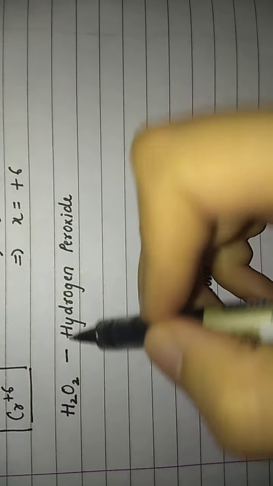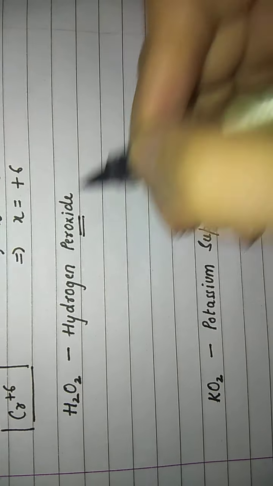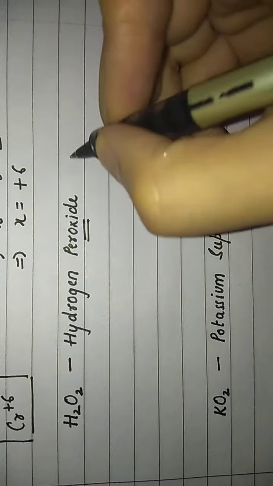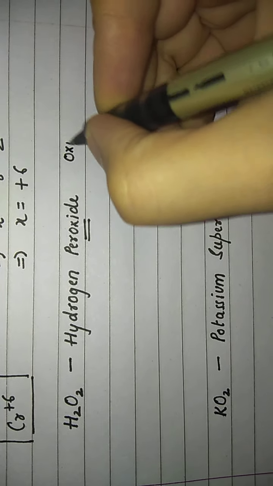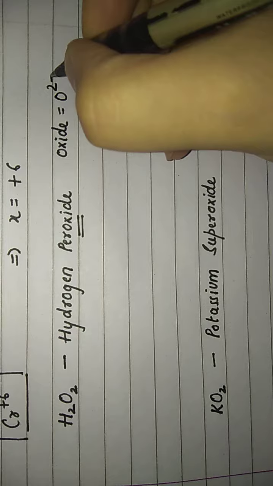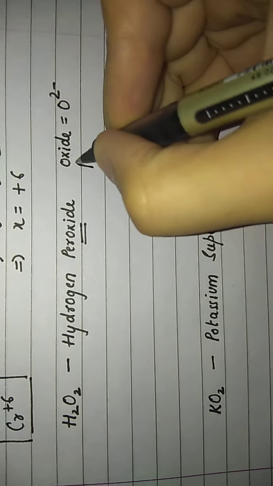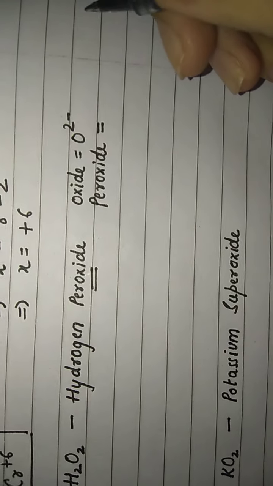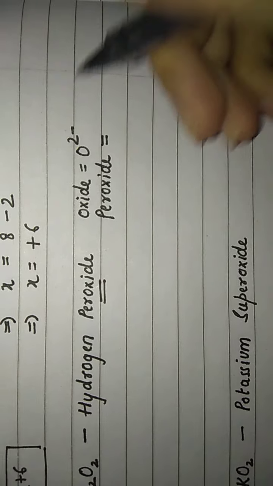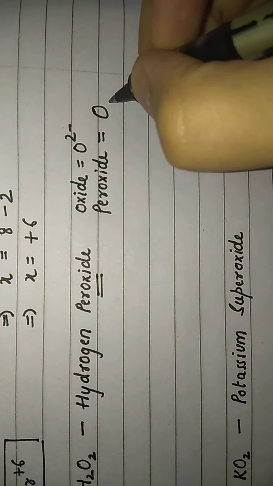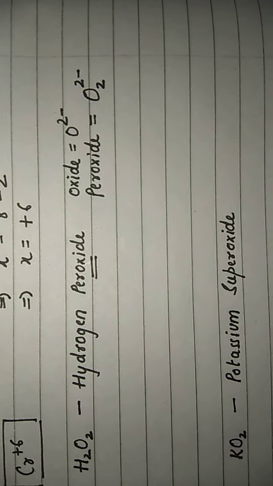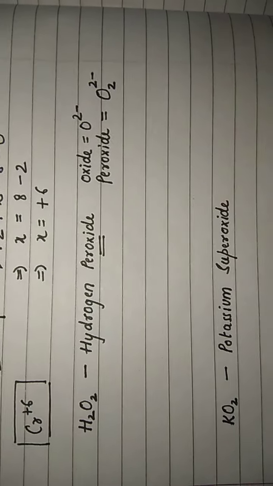The next example that we have is hydrogen peroxide. Till now we have been discussing the oxide ion. Now this is not the oxide ion present in this molecule H2O2. It is the peroxide ion. What is oxide ion? Oxide we have already done is O2-. We have already done this in class 9th and 10th. Peroxide is a polyatomic ion. Oxide is a monoatomic ion, while peroxide is a polyatomic ion which consists of 2 oxygen atoms. So the O2 unit is exhibiting a charge of 2-. So this is your peroxide ion.